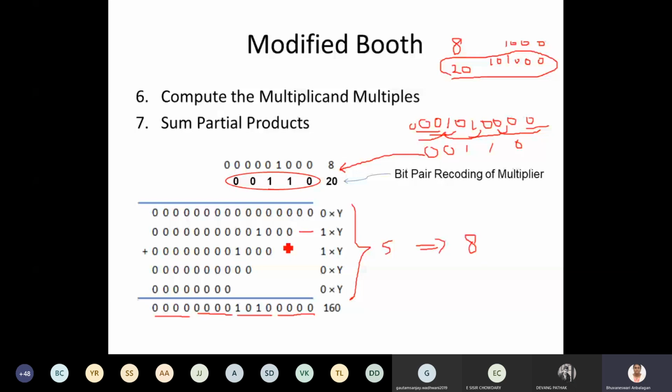So now if you add all the values, you will get the actual result in this form. You just consider the 8 bits, you will get 160, which is the actual result that you need. So instead of multiplying with the actual multiplier, you are performing an encoding using the 3-bit grouping operation, and you are multiplying with it. And you are summing all the partial products in order to get this value. So 8 into 20, but this 20 is being encoded and the value is obtained here as 160.